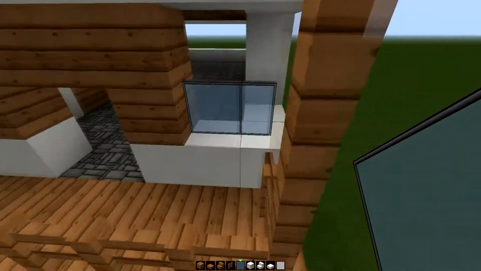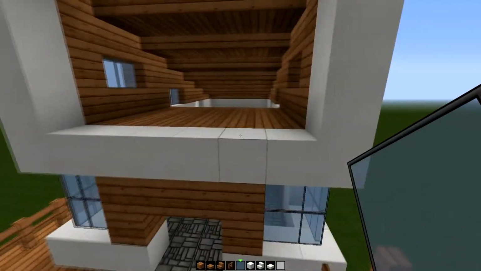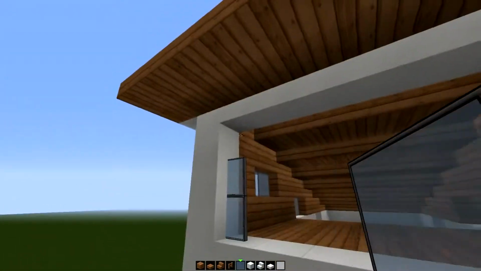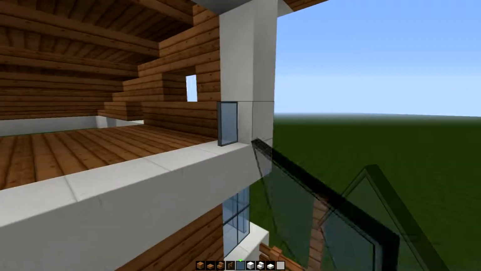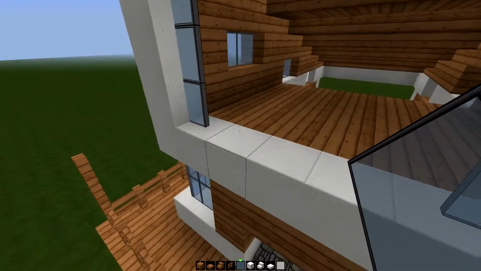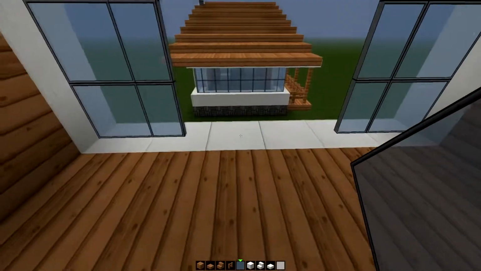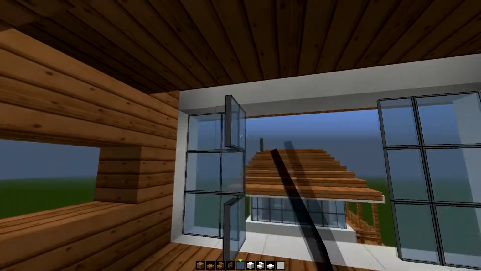Oh wait, I forgot I did too much of this. Anyway, corners done, up to the top where there is a slightly different arrangement because there's going to be a balcony here and there is a door. So we build in 2 panes, leaving the 2 block gap, and then we build back 1 pane like so